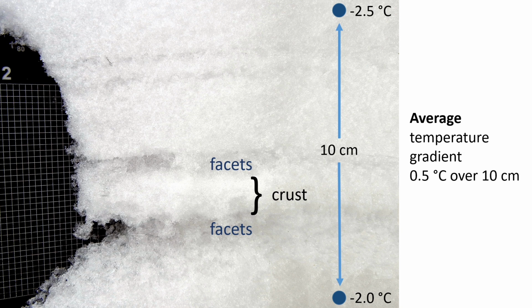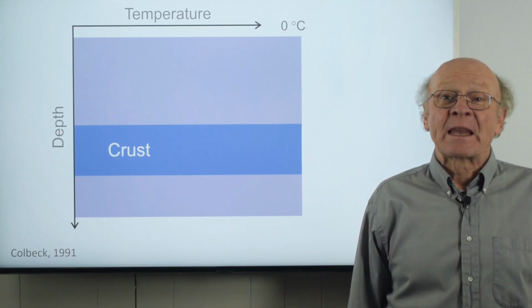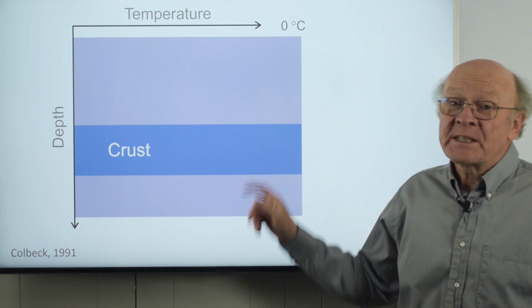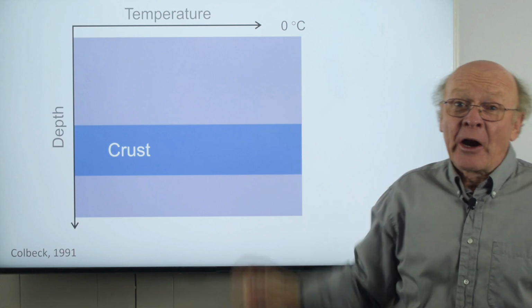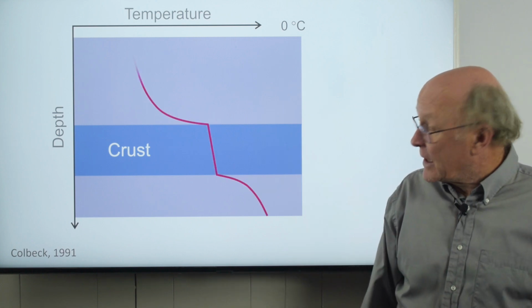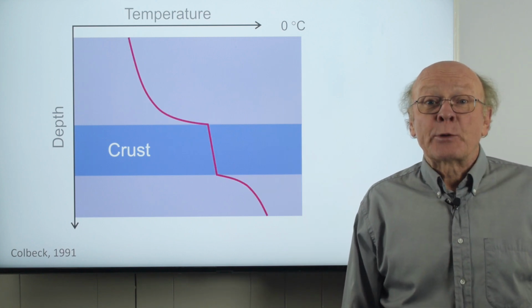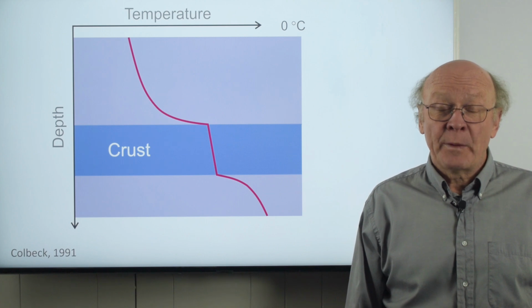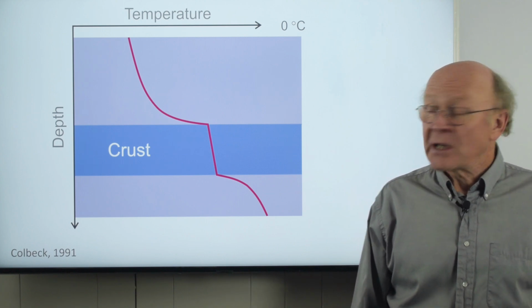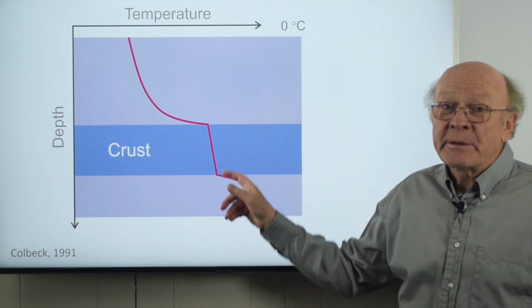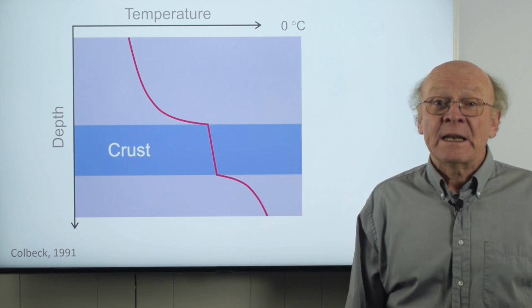Let's look at the effect of the crust on the temperature gradient close to the crust. This graph shows a crust in a dry snow profile. Warmer temperatures are to the right. This red line is the temperature profile proposed by Sam Kolbeck and other researchers. They argued that since the crust was a good conductor, the temperature gradient in the crust would be less than the average